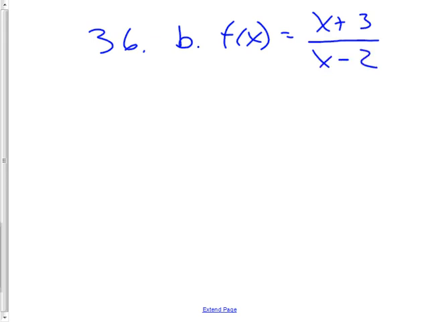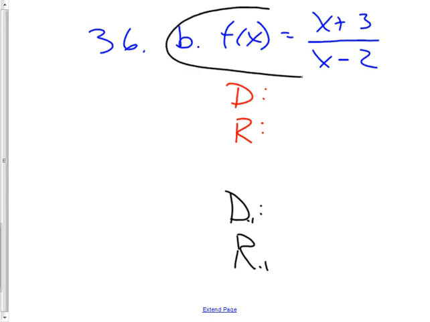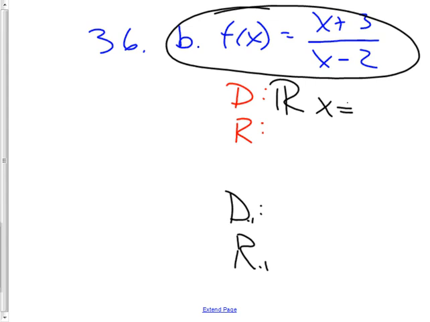If they want the domain and range of the inverse, you want to find the domain and range of the original one and then just flip-flop them. Find the domain and range of this one, and then we'll just flip-flop them to get the inverse's domain and range. The little negative 1 implies inverse. Okay, so domain and range of this guy: its domain is everything works except x cannot be 2. And that will become the range